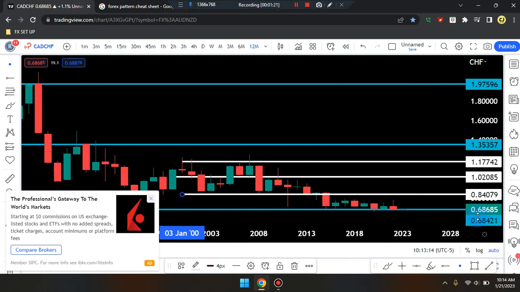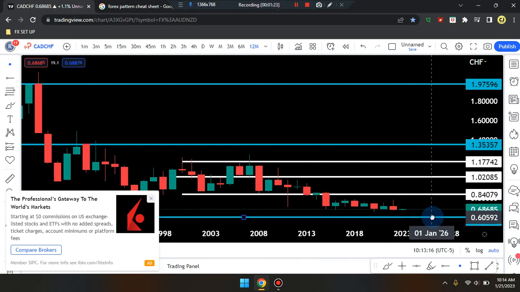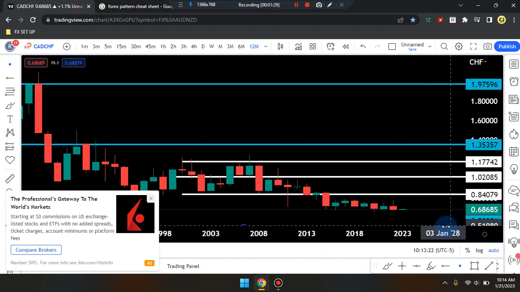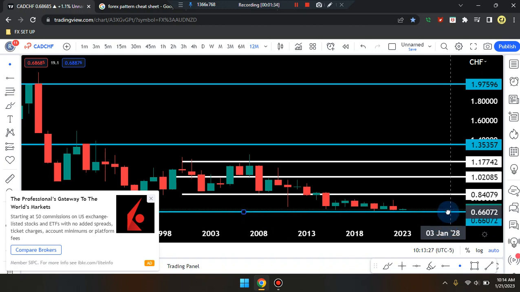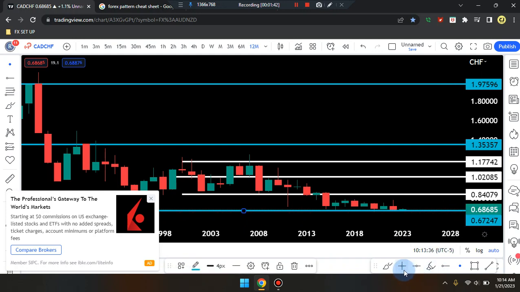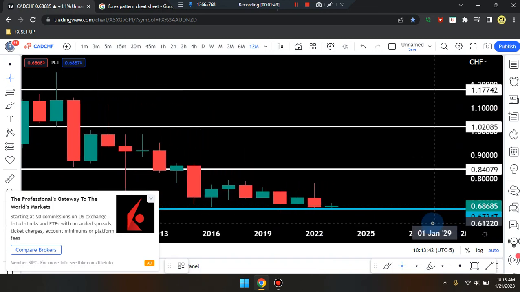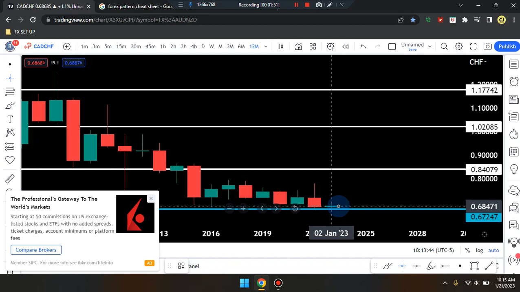Current price is sitting at 0.68685. So if price comes down, price can tag the overall lowest low structure at 0.67247. And if price breaks that support line from there, that'll be the lowest low that the market made it to. Maybe not. Price can head down to